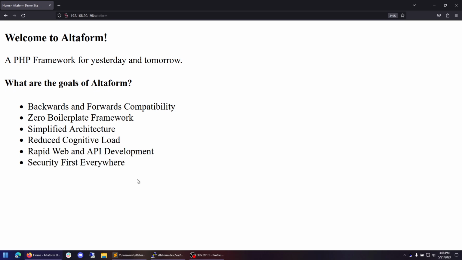Unlike many other frameworks, Altaform is also built around a security first everywhere mindset. Security is not something that I bolted on at the end, it was something that I started from at the beginning. As such, the entire code base is very easily auditable. Rather than requiring complicated external tooling, you can simply look at a single file and know exactly who and what can interact with that file. Let's start by going over the features of Altaform one by one and showing how they work.